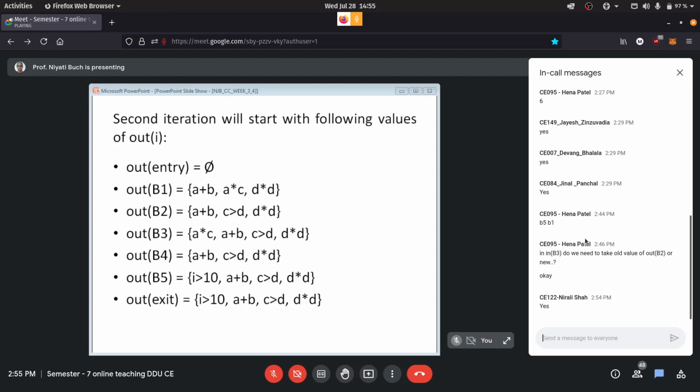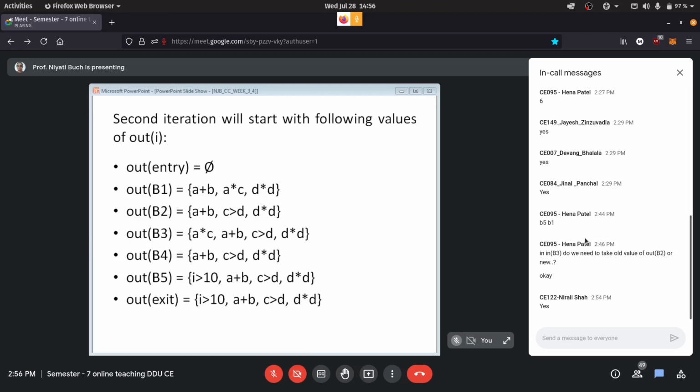So actually what happens is, when we start the next iteration, we again have the set of out. In the first iteration, when we started for the very first time, we found the values of the out set. Again over here, we have the values of out set, which we will use to compute the in set by looking at the predecessors for every block. We will retain these values in sets called old out, and then we will compute the new out for every block.